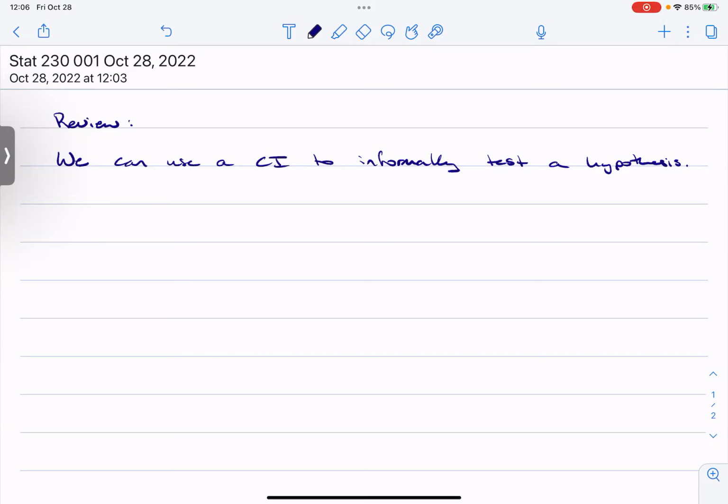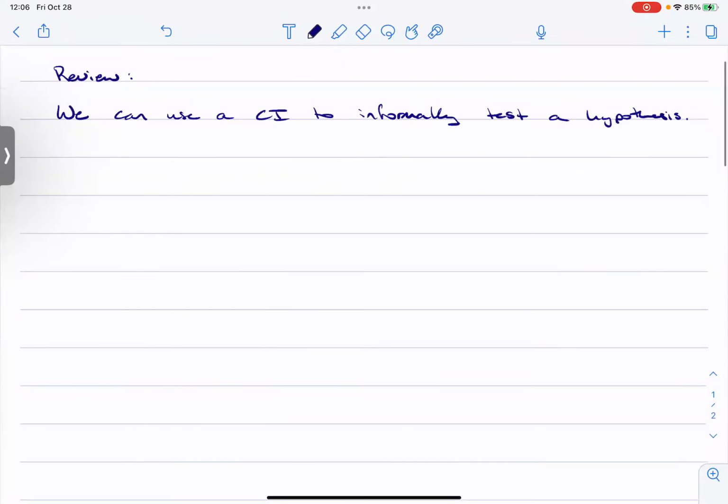We just kind of got there organically by saying, okay, if I'm hypothesizing about the difference in proportions, and my initial hypothesis, my null hypothesis, is that they're the same, well, then the difference would be 0, right? And so today we're going to formalize that, and we're going to say that, okay, well, what we're testing